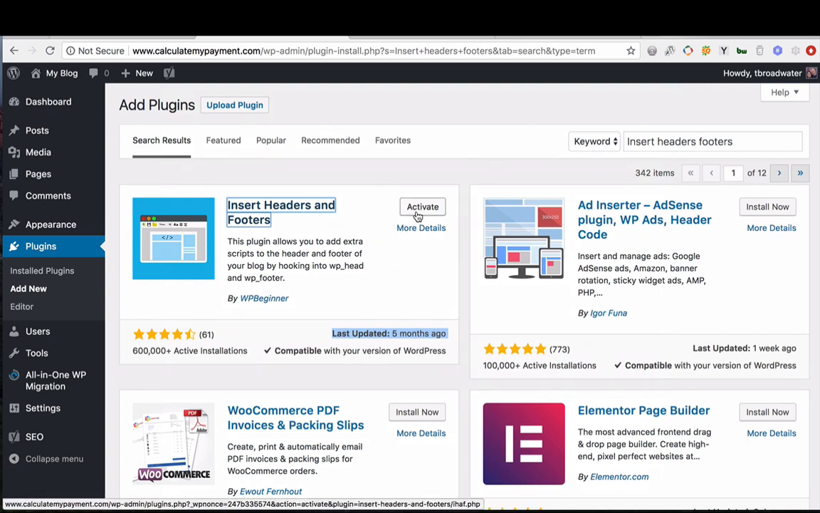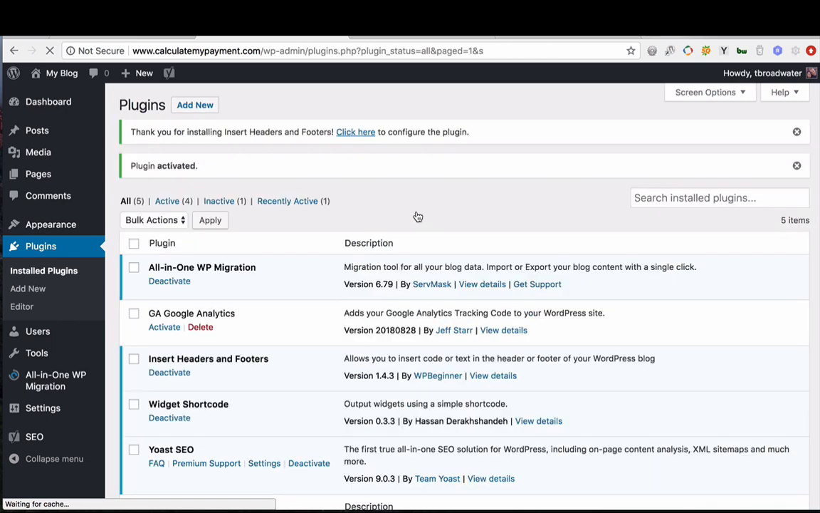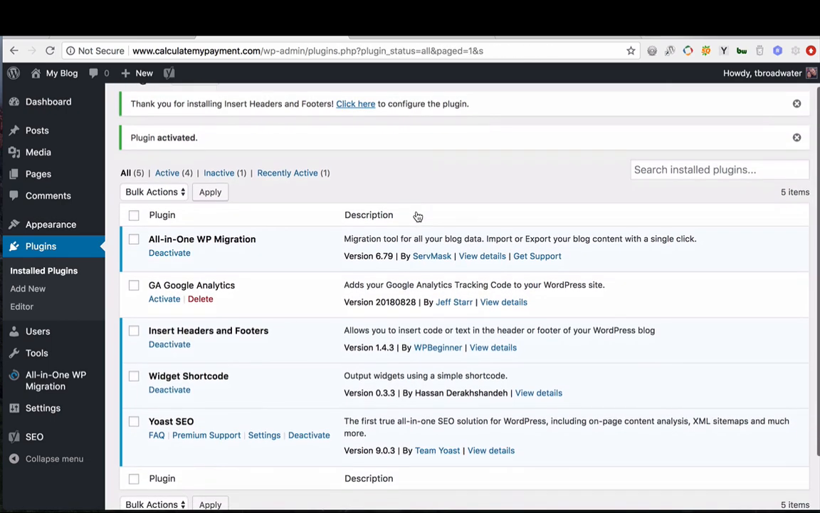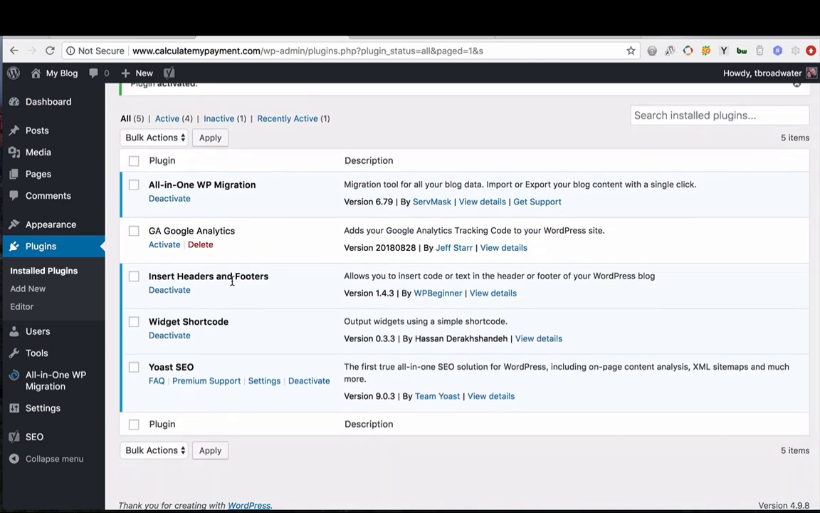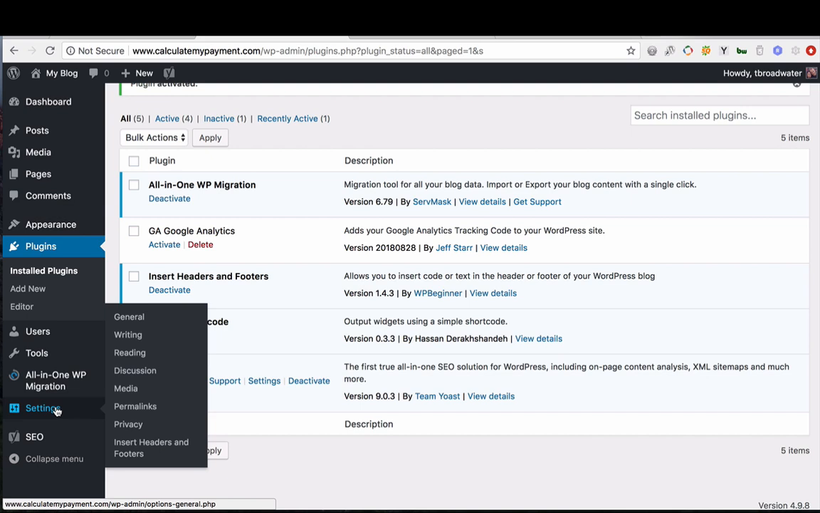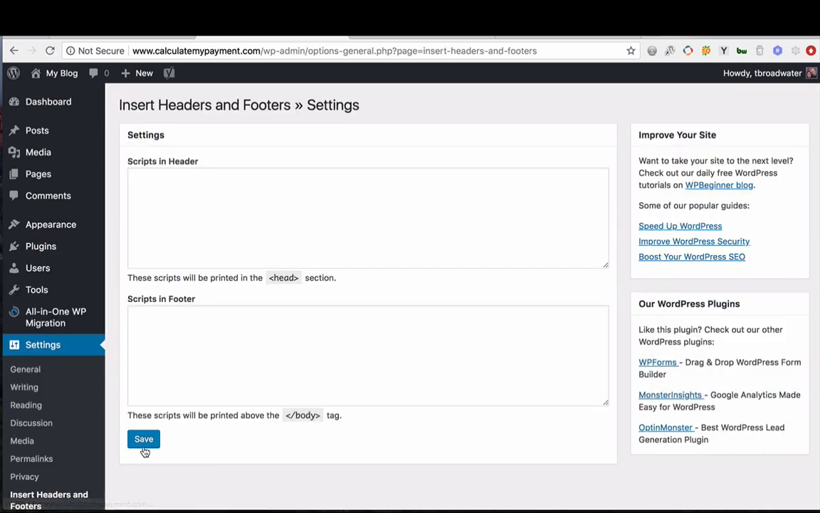Go ahead and click Activate to activate the plugin. It's activated. You can see it right here. And when you install a plugin, it will either add a menu link over here on the left, or sometimes it will add a link under Settings, which is what this one does. So inside Settings, you see Insert Headers and Footers down here at the bottom. I'm going to click on that. Takes me in, and this looks exactly like the screenshot we just took a look at on that View More